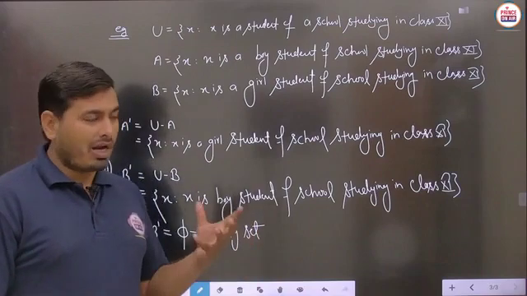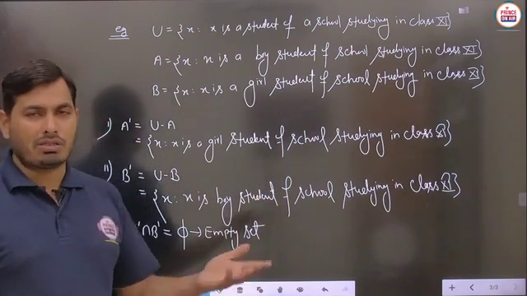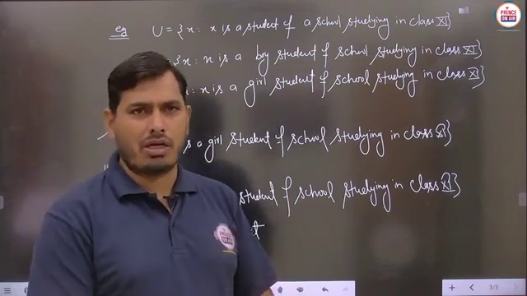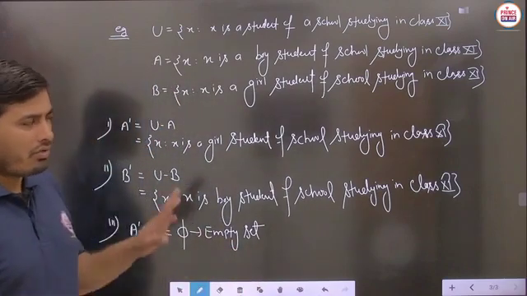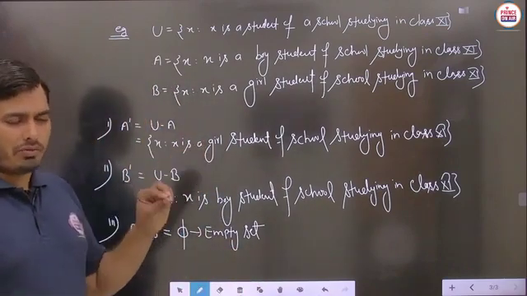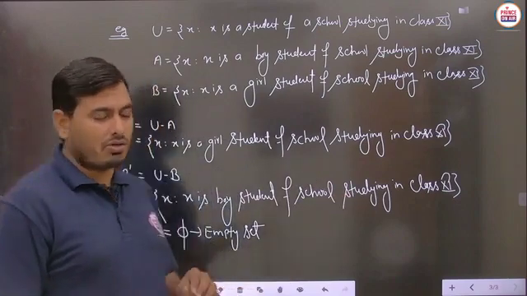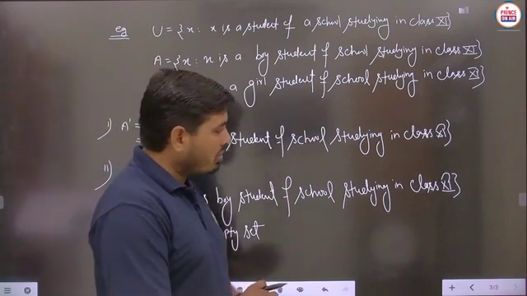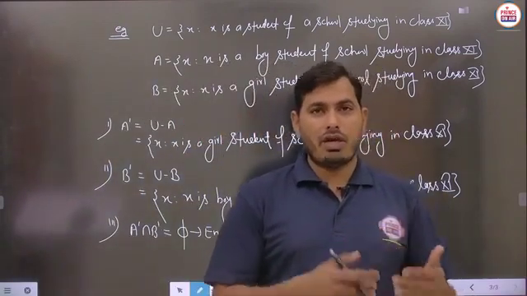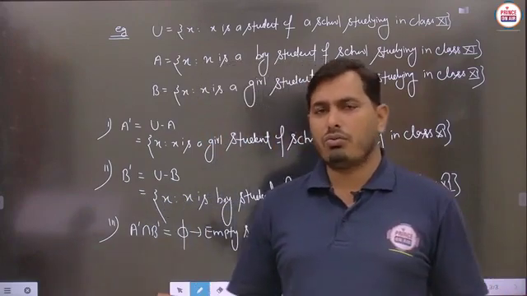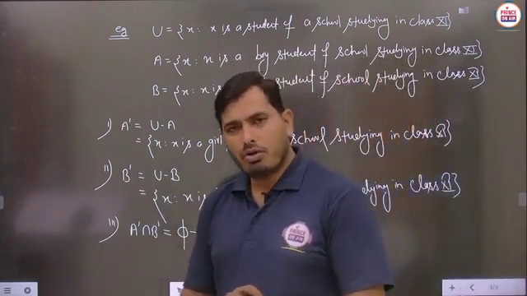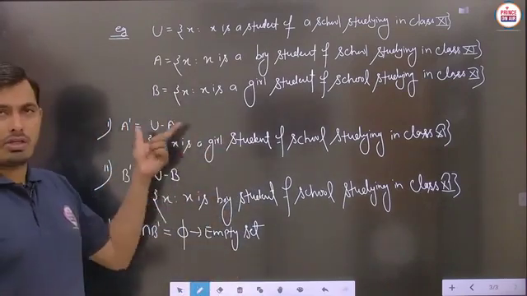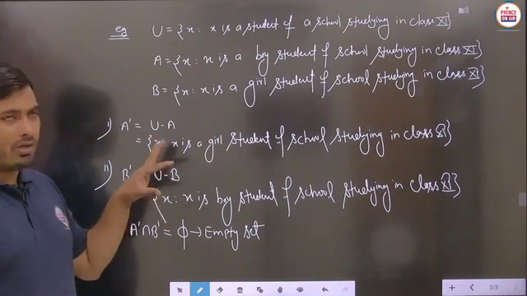Sometimes different kinds of objects are given, sometimes numbers are given, and sometimes other things are given. So in a particular context you can assume any universal set if it is not given. And generally the universal set is always given whenever we have to calculate the complement of given sets. Is it to be clear? Then you can write down the answer in set builder form always. It is not necessary that we always give the answer in roster form. We will also provide the answer in set builder form. There should be no problem. Is it to be clear? So note the video, note the particular things in your notebook, and you have to understand the things.